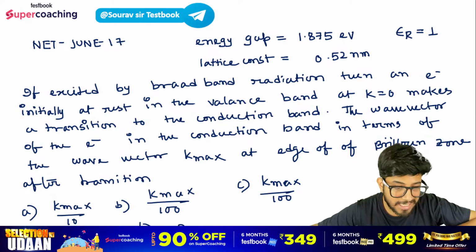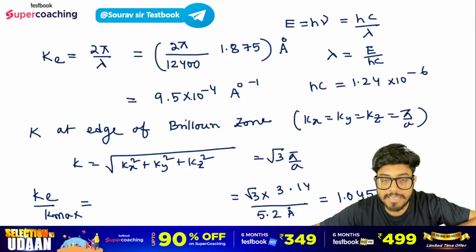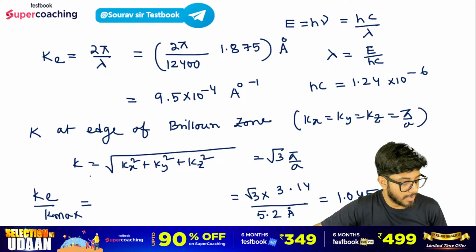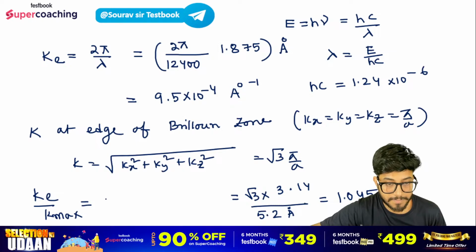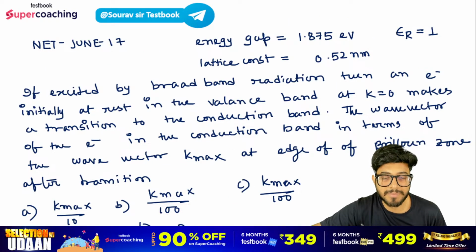अब उन लोगों ने क्या कहा है सर, उन लोगों ने कहा है कि के का वैल्यू के मैक्स के टर्म्स पे लिखना है, तो के ई बाई के मैक्स लिखना है। तो बेसिकली 9.5 into 10 to the power of minus 4 डिवाइडेड बाय 1.05, तो ये तुम्हारा आ रहा है 9.09 into 10 to the power of minus 4, which is approximately equals to 10 to the power of minus 3। अच्छा, 10 to the power of minus 3 का मतलब क्या है? 1/1000। यहाँ पे देखो ये है तुम्हारा 1/1000। सो ऑप्शन सी इज करेक्ट।